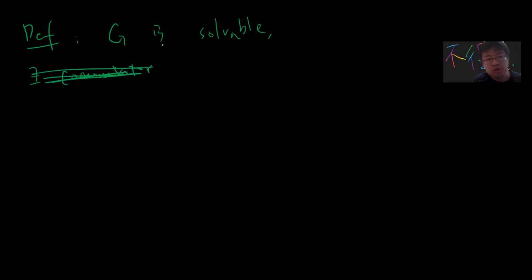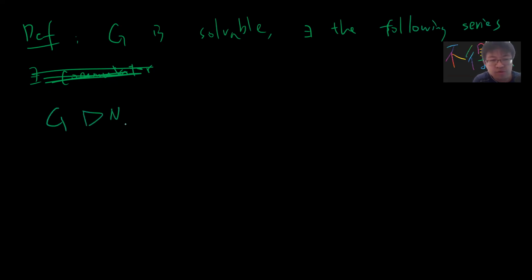So G is solvable means that you can find the following series. Basically you can find a normal subgroup of G, let's say G1, and another G2, where G1 is a normal subgroup of G, G2 is a normal subgroup of G1, and G3, and so on, up to somewhere maybe Gk, which is the identity, such that